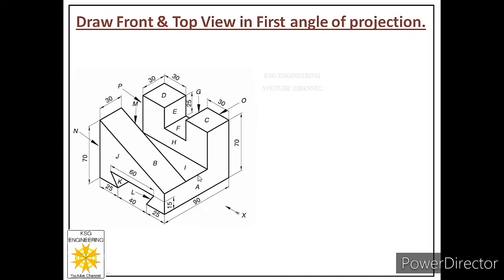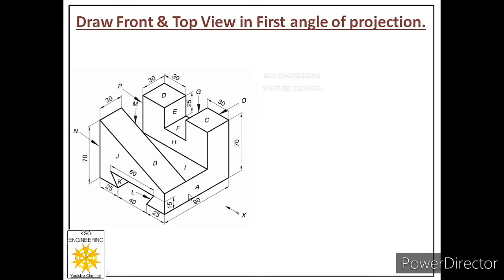So we have concluded that when we look at this object from the front side, we will have five faces. Out of those five faces, two are parallel and three are inclined. And out of two parallel faces, one is hidden and one is visible. As per the preferences decided by us, first of all we will plot visible faces. Out of these five faces, A, B, E, K, L, only two faces are visible, A and B. Out of these two, we will first give preference to the parallel face, and that is face A.